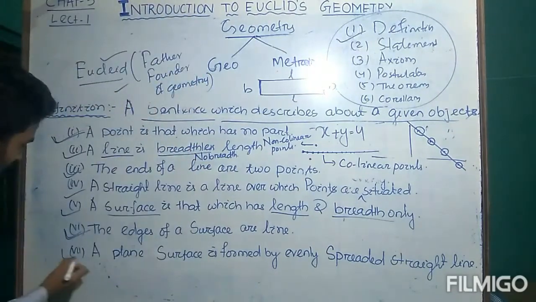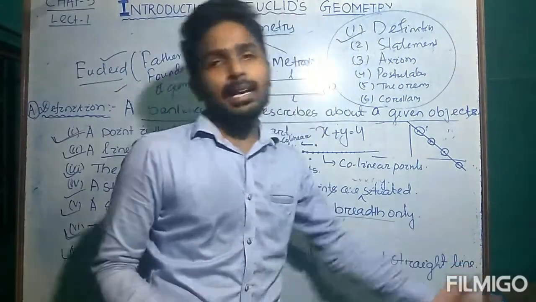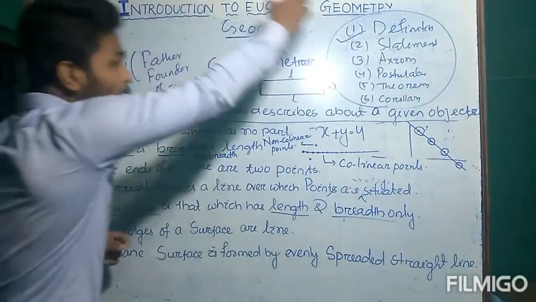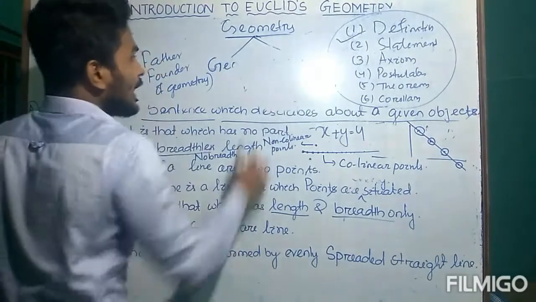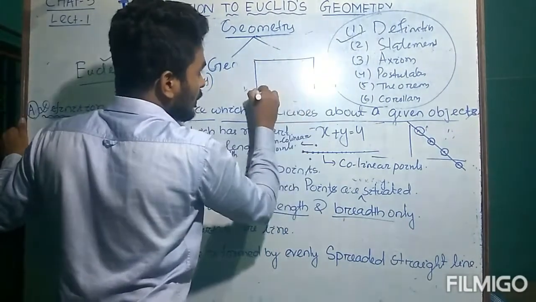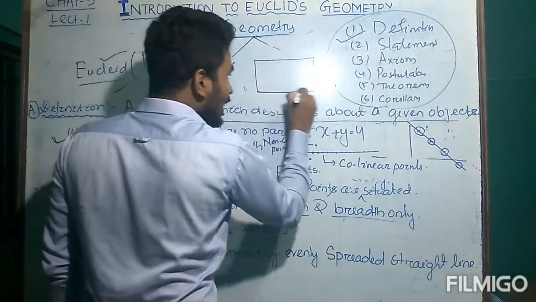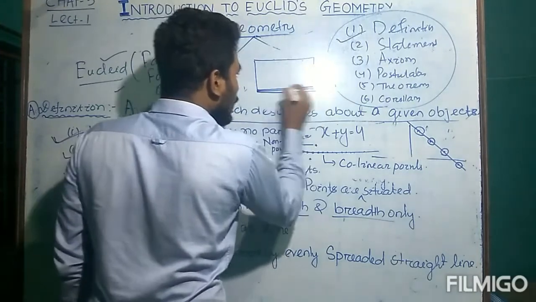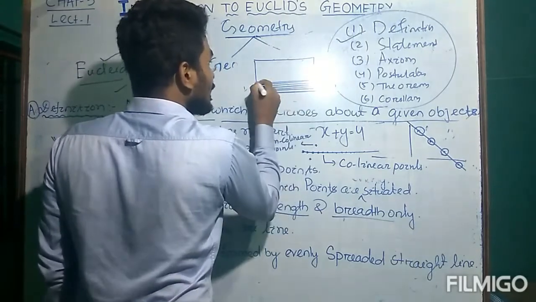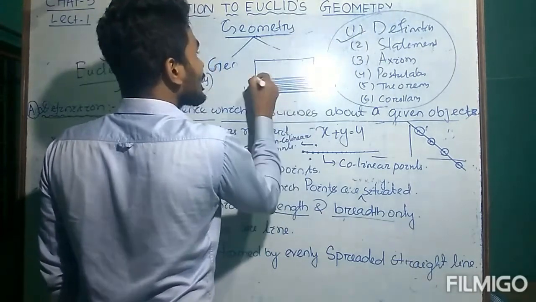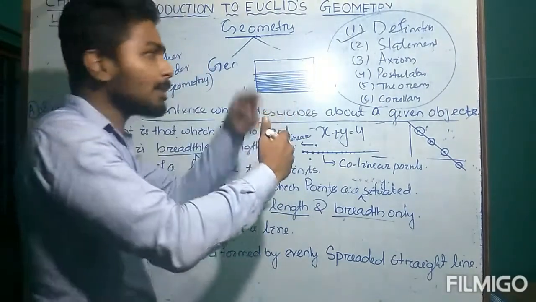Now the last example: a plane surface is formed by evenly spreaded straight lines. It means if you are going to draw a surface, suppose a rectangle is a surface, how can you draw this? You can draw this by drawing a number of straight lines over it. If you draw a number of straight lines over it, then finally you get a rectangle, and those straight lines must be spreaded evenly, one after another,